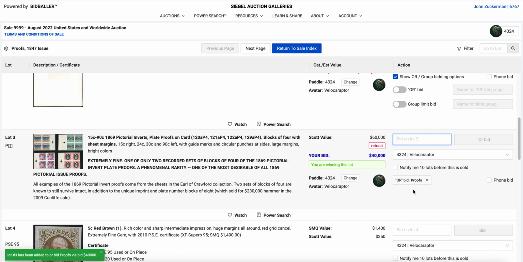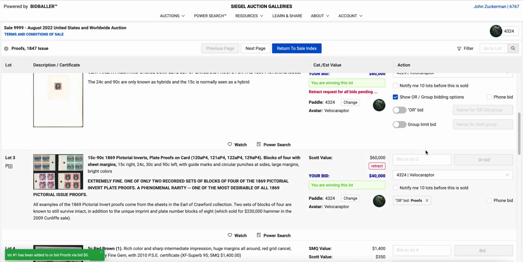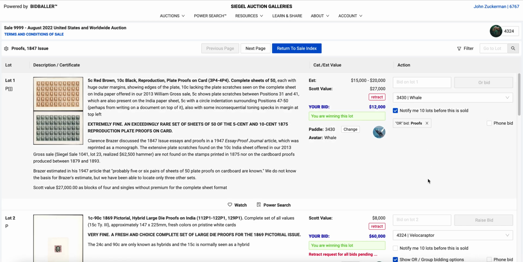Great. So now you can see that it's part of an OR bid group over here, and this is the paddle number that I'm using it with. Let's go back up to the first one. I decide, wait, I want to add that to my OR group. So I just click on that and add proofs, and then add it to my OR bid group. So now I have lot 1 and lot 3 as part of an OR bid, and lot 2, I'm waiting for my retraction request to come through from the auction company,